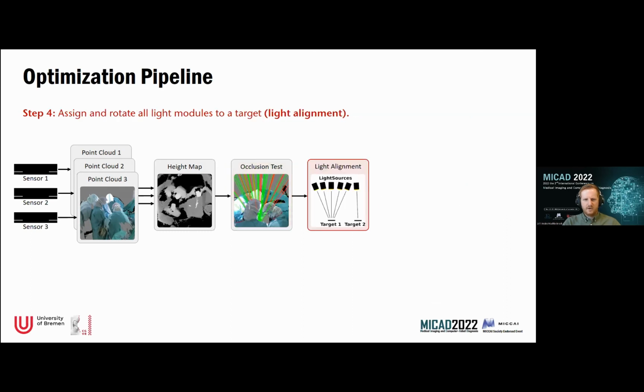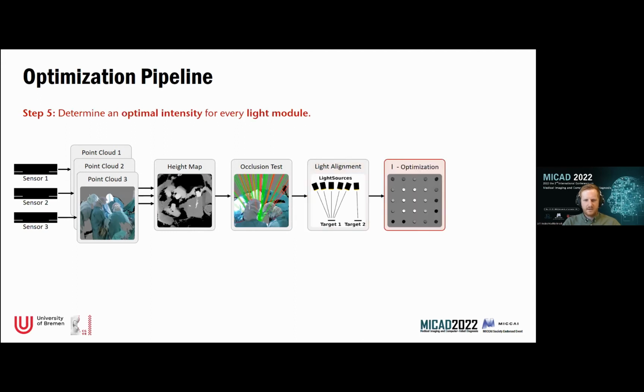Then we rotate all light modules to the surgical site. Here it is theoretically possible to use multiple surgical sites or other light targets, for example, the table of surgical instruments. And now we use the results of the occlusion tests for each light module to optimize the intensities for all light